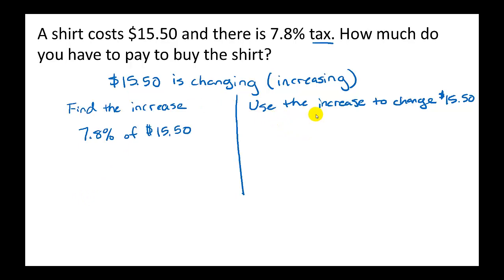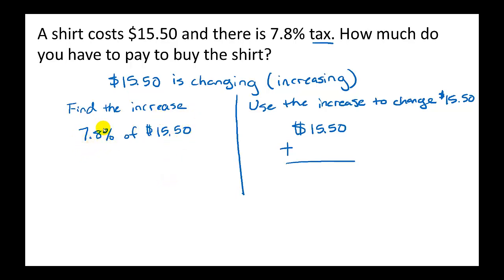And so over here, when we're going to use it, it will be $15.50. We're increasing it's a tax, so we're adding on that amount to our initial amount. And whatever we get here will be our final answer. So once we have this all set up like this, it's really now when we can actually start doing the math. So 7.8%, to get a percent into a decimal, so that we can work with the $15.50 that we